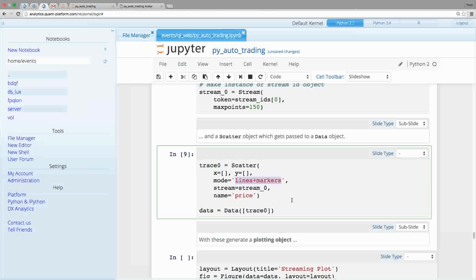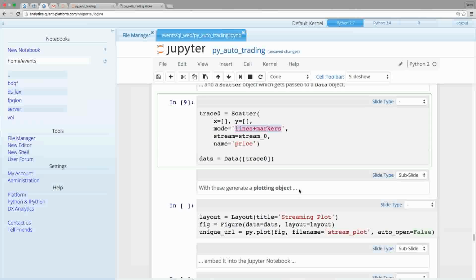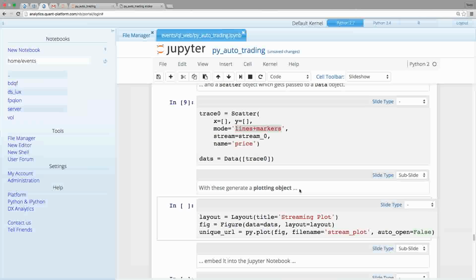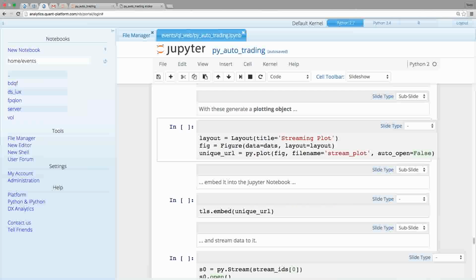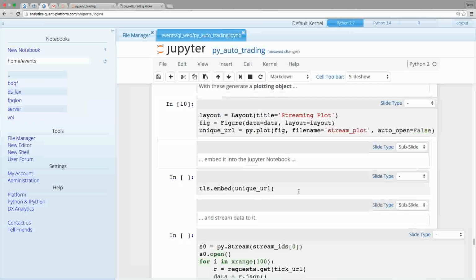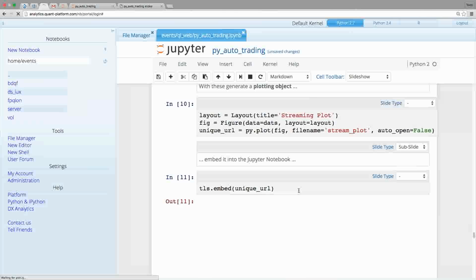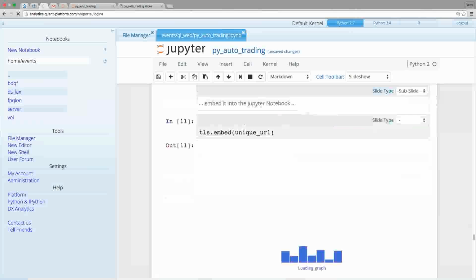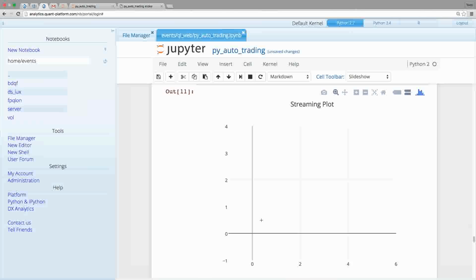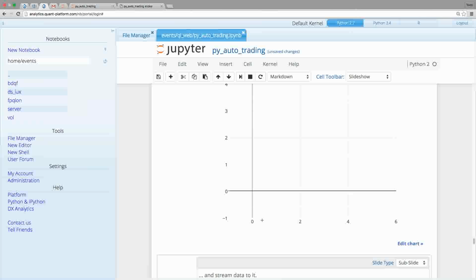So the next step is to generate the object itself. This happens here, and now the object is in existence, but we can't see it, so I need to embed it here into my Jupyter notebook. So, you see this is an empty streaming plot, so nothing streams yet, but we have opened our stream object actually, and we can now put data into this pipeline if you like,